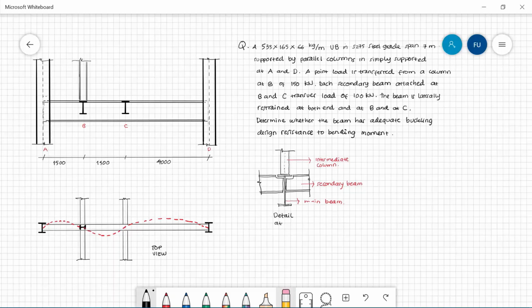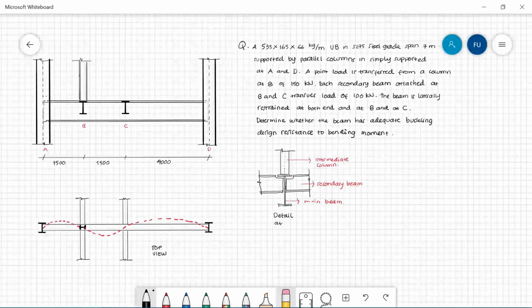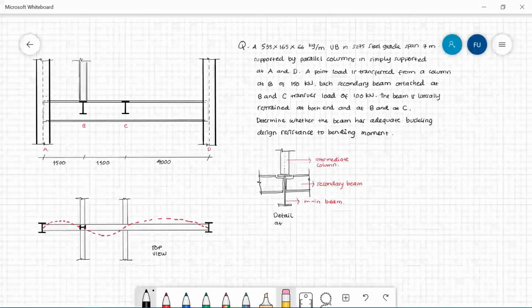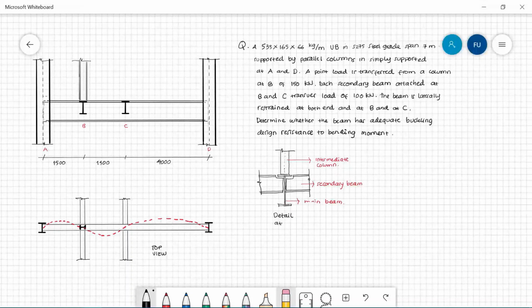Let me continue our discussion on lateral torsional buckling. In this video, we will continue with one example on lateral torsional buckling of a beam. A 533-165-66 kg per meter UB section in S275 steel grade, span 7 meters,